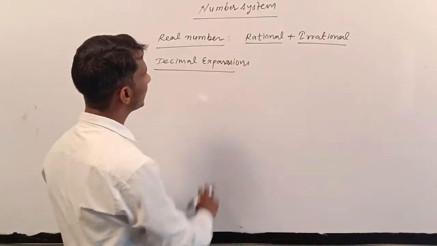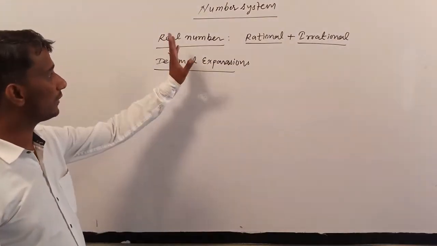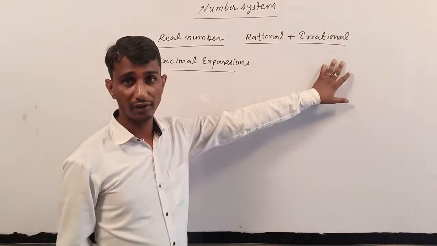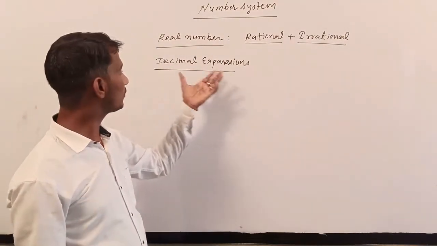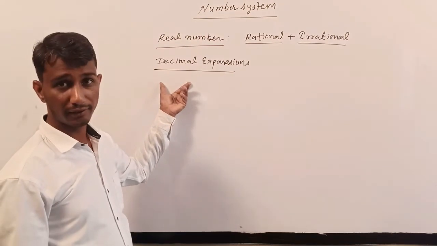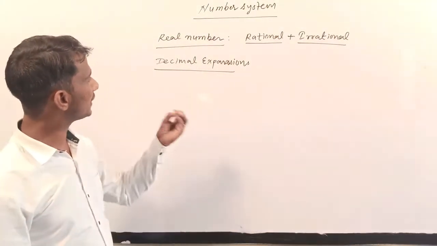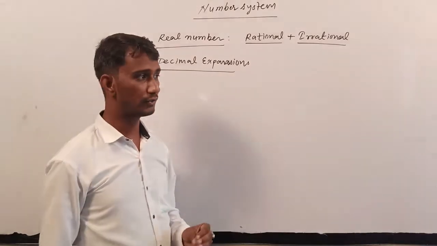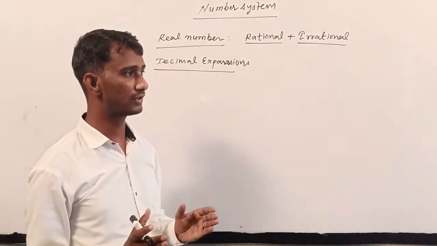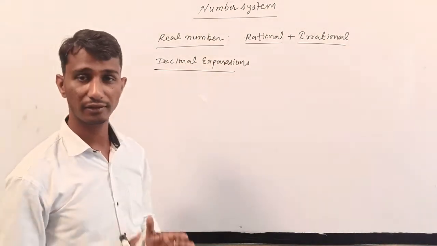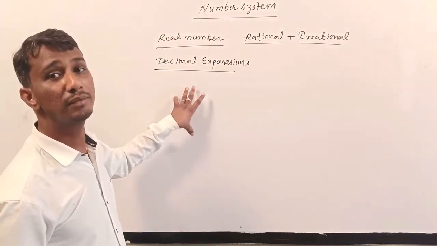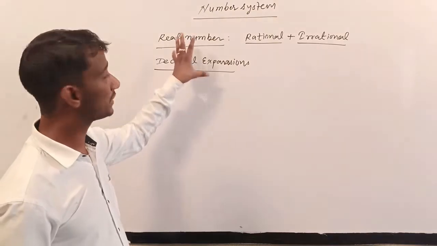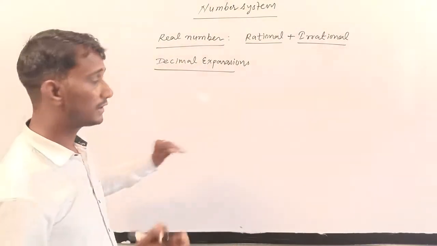So first, dear students, you know that real numbers include rational and irrational numbers. So how do we find the decimal extension? How do we write the decimal form? Now I am taking some examples here. Watch these examples very carefully because they are the best of this topic. These are very important.